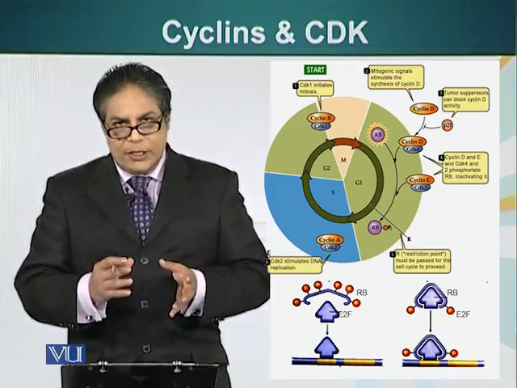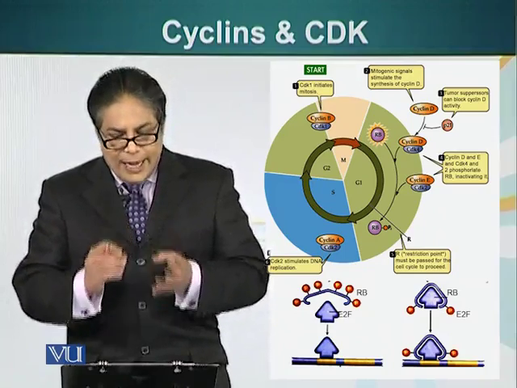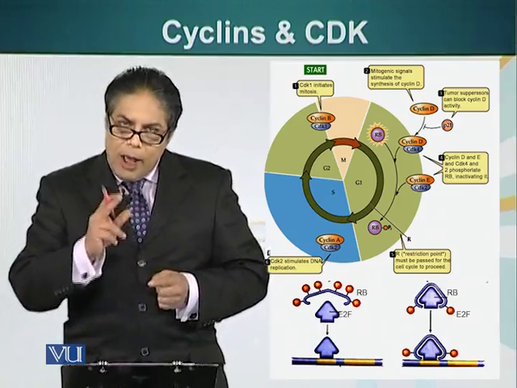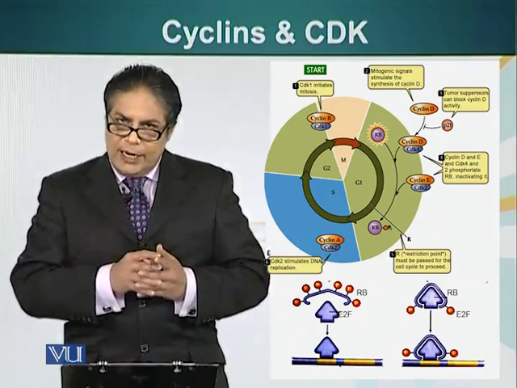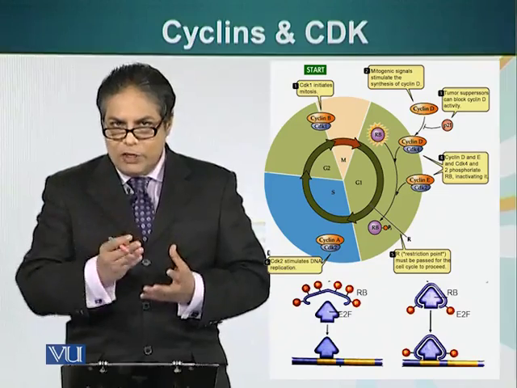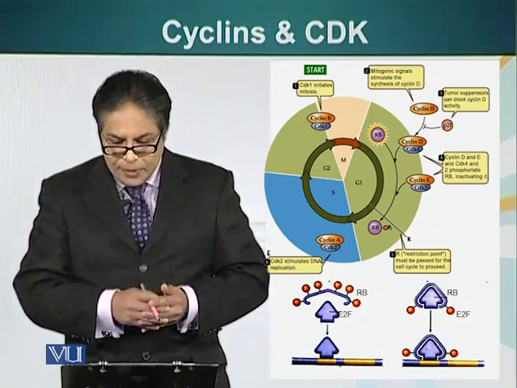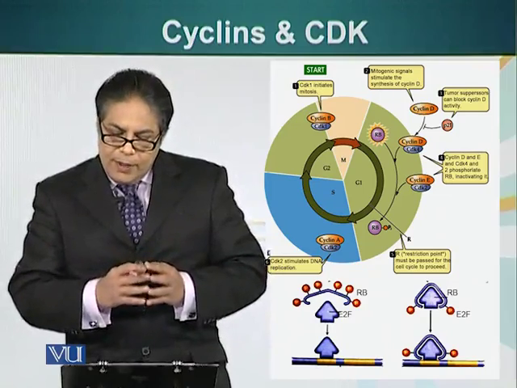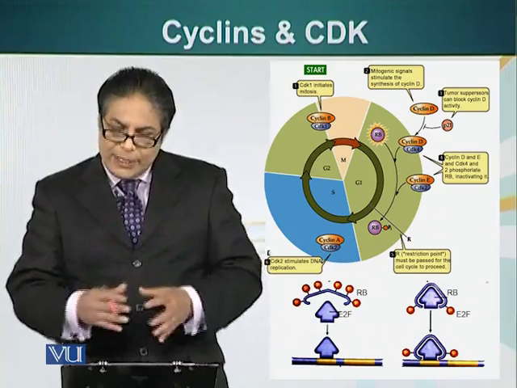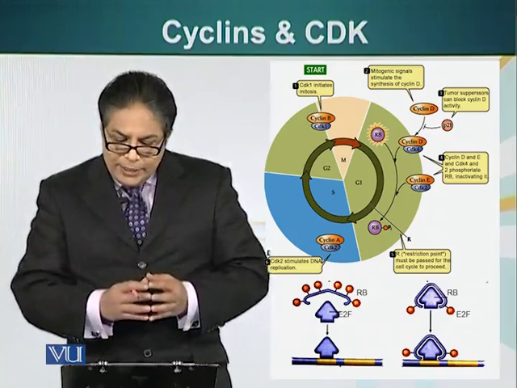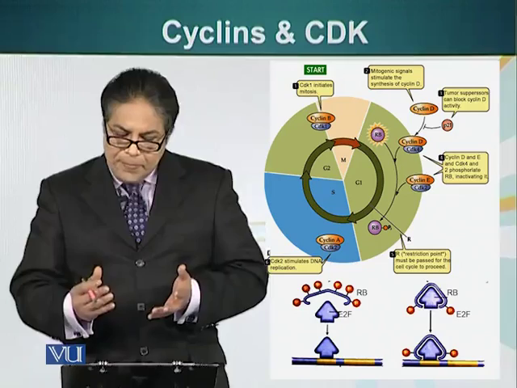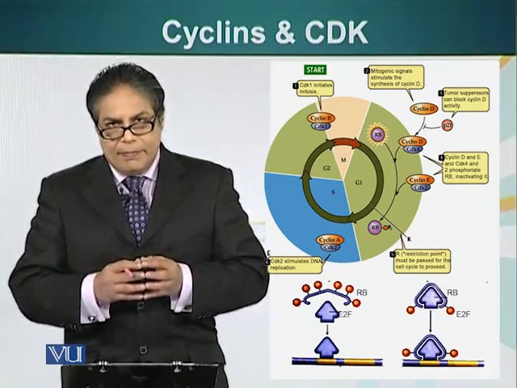As the name suggests, these are enzymes. They can attach phosphate groups to different proteins, their target substrates. However, for this activity, they need the presence of cyclin. And cyclins are not made by the cell until the signal for growth or cell division has been received. When the cell receives this signal, in G1 phase, cyclin D is made and cyclin E is made. These two cyclins interact with CDK4 and CDK2 respectively, thereby activating them.